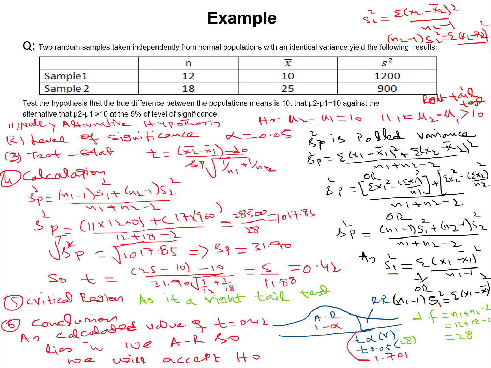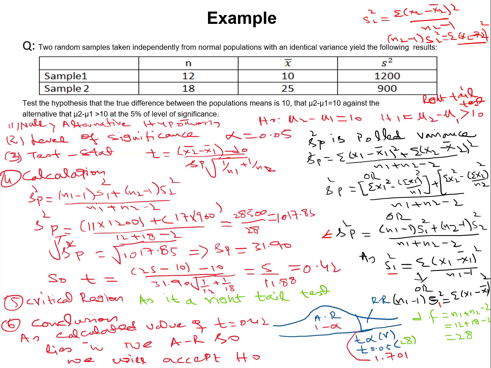So basically I just put these square deviation values in this formula, and the rest is the same, n1 plus n2 minus 2. When you take the square root, you can easily calculate the standard deviation. So now, in order to calculate the pooled variance, we will use this formulation: (n1 minus 1) s1 square plus (n2 minus 1) s2 square